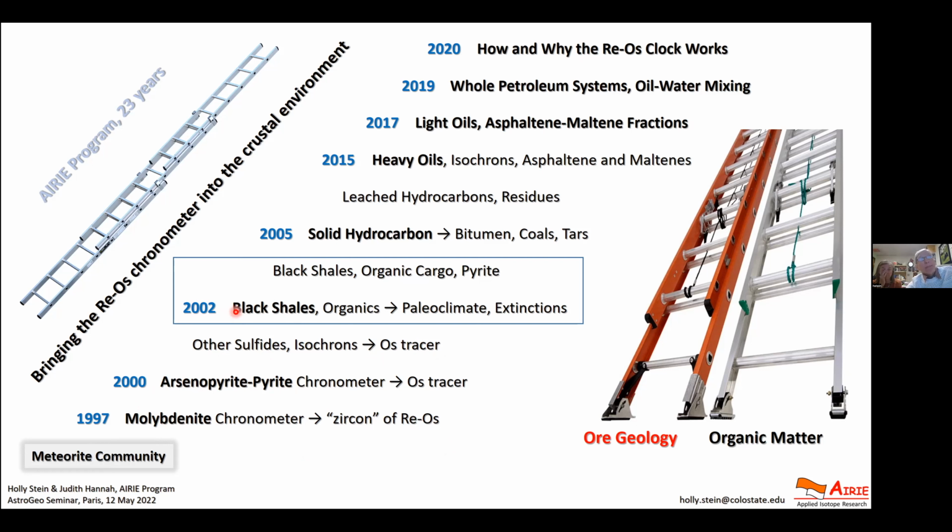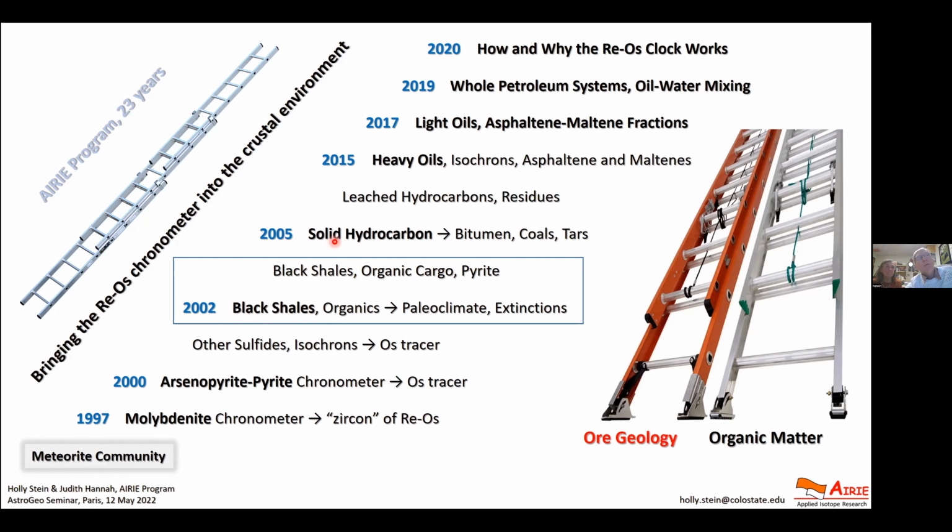At the same time, our colleague Rob Creaser up at Alberta was working with shales, and he and his postdoc Dave Selby came down to visit us in 1999 to figure out how to do molybdenite. We shared with them, and in about 2000, Rob invited us to Alberta, and we were not faced with reinventing the wheel to date shales, but we got a leg up to get going on that. So sharing between groups is the way good science should work.